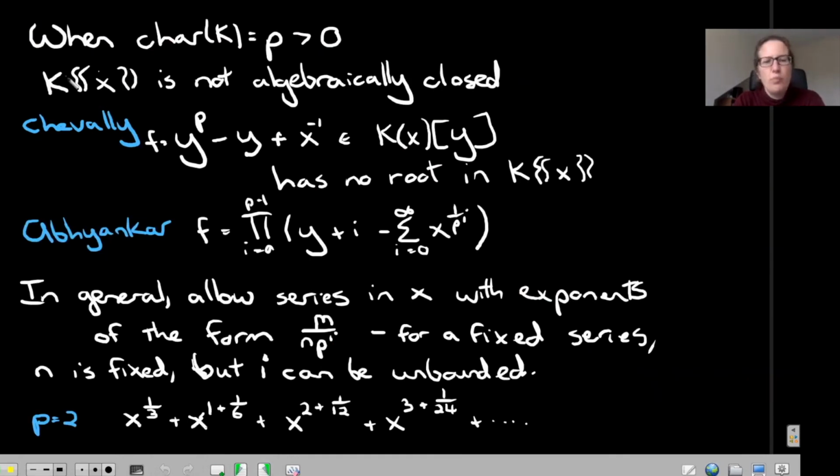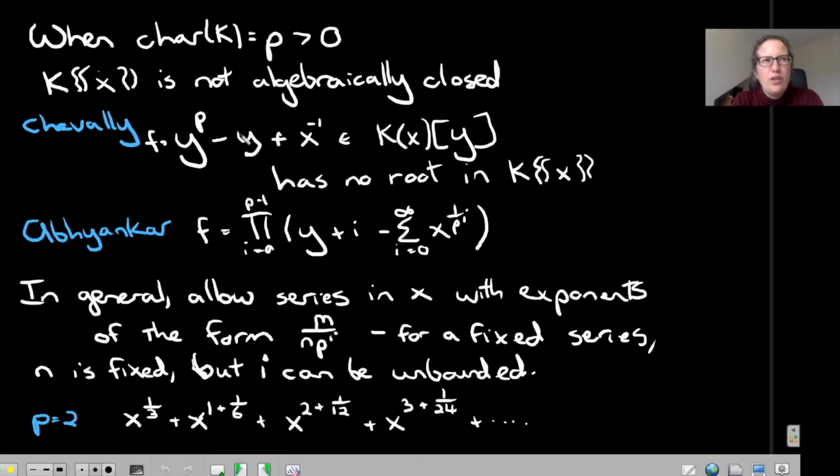In characteristic p, Puiseux series are not algebraically closed. Okay, so Chevalley pointed out that the polynomial, and again, I was modifying something, so I may have introduced some side errors, but y to the p minus y plus x inverse has no root in the Puiseux series. So I can think about it as being a polynomial in y with coefficients in the field of rational functions of x. In characteristic 0, Puiseux series are an algebraically closed field containing the field of rational functions, so